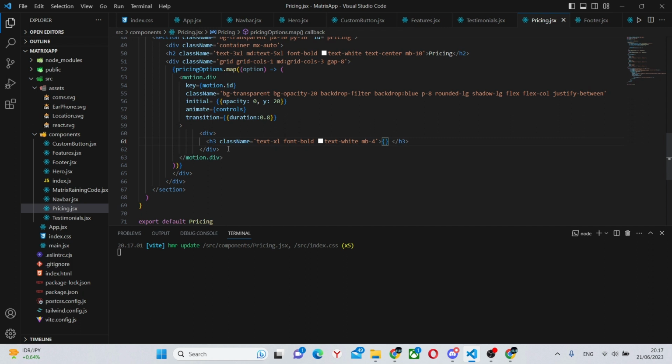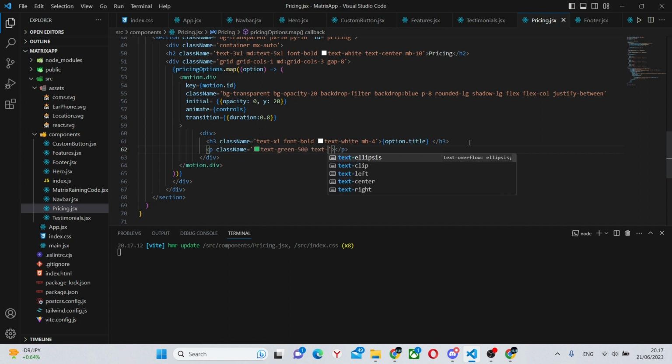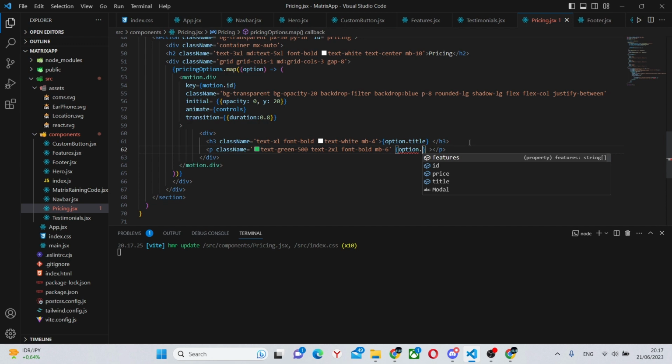In here we will have option.title. Under this we'll have a p with a class name of text-green-500, text-2xl, font-bold, mb-6. This will contain the price, so option.price.